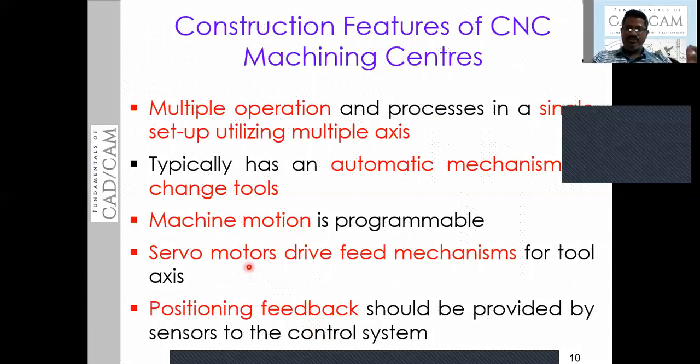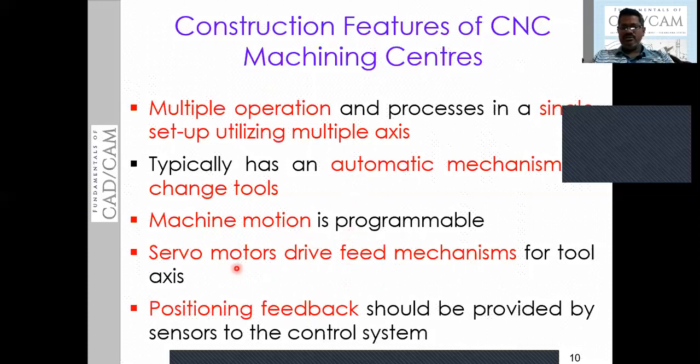Then it must be able to rotate by the servo motors, or be more flexible to control. So it must have the feeding mechanism. It must have the driving mechanism of the servo motors. This is the basic construction of the CNC machining centers. The tool or the table must be able to move according to the program.